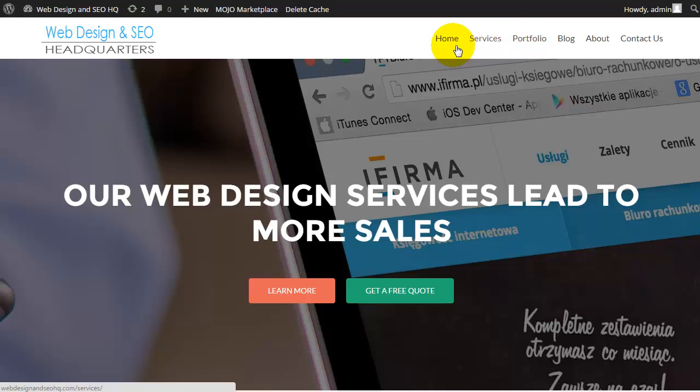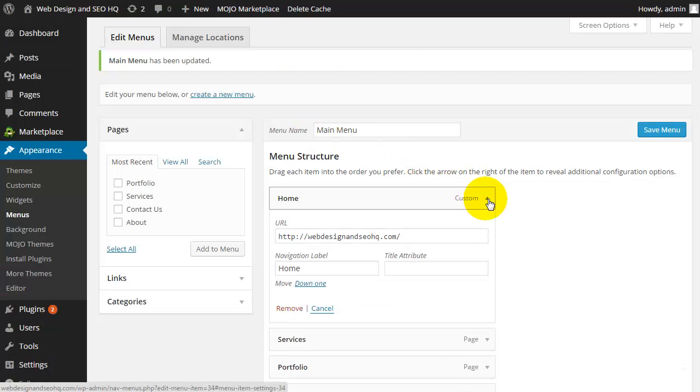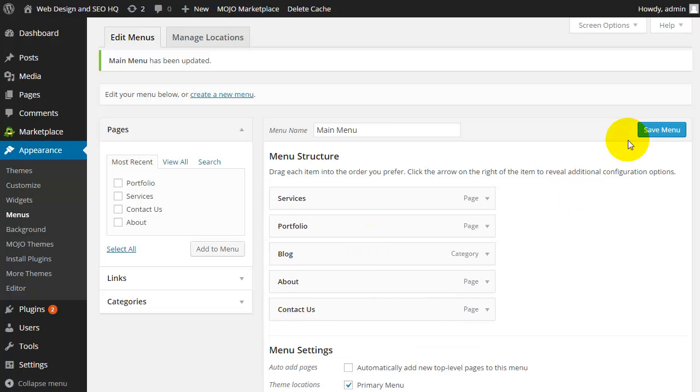You can choose to remove the home menu, as a lot of people nowadays are getting accustomed to just clicking on the logo, and that will take them back to the home page. So that's up to you. If you want to remove it, you can simply click on the drop down, click Remove, and save your menu,